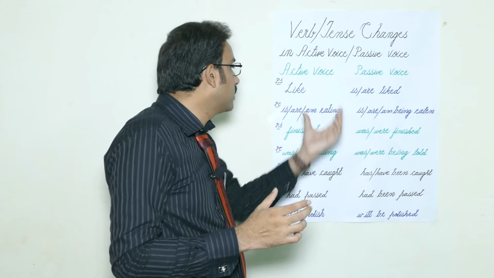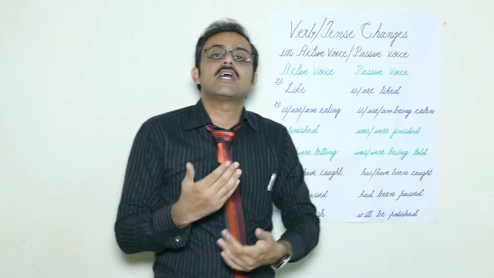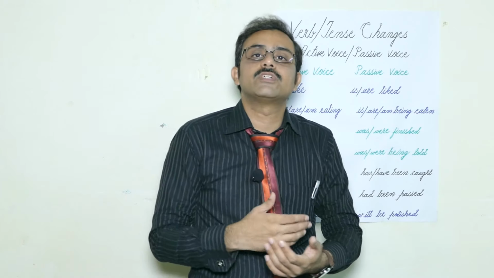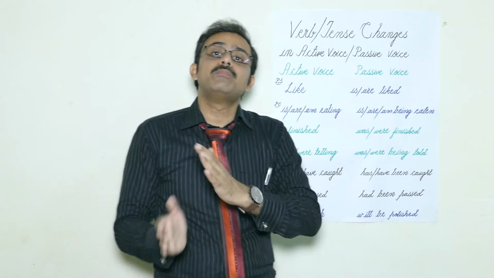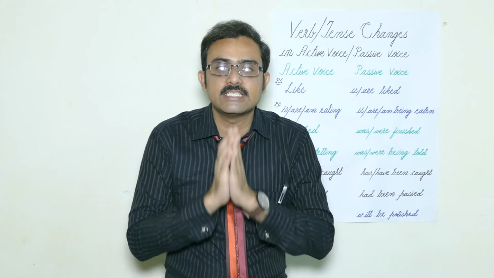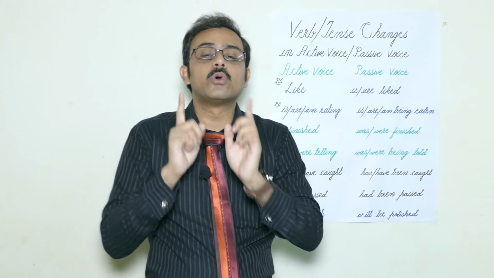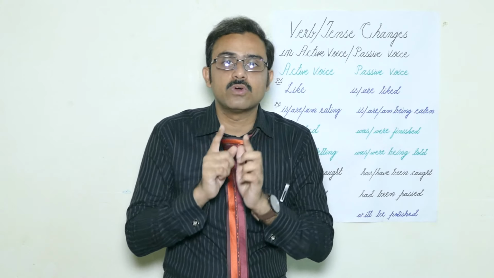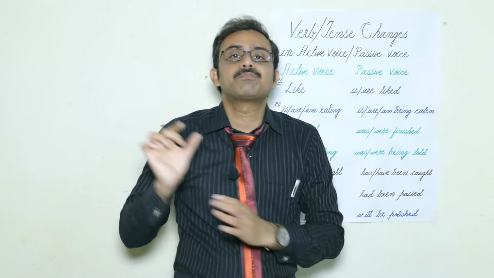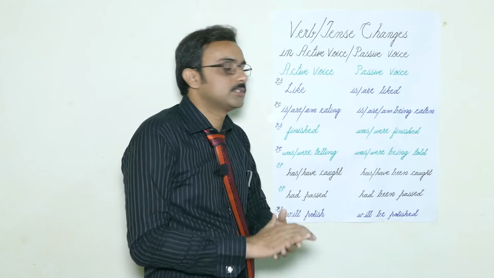In active voice we have different main verbs, like we have present tense verb, present continuous verb, means present participle, and past tense, second form of verb. But in passive voice, we always use only third form of verb, means past participle. Got that? Don't forget this point. Don't forget my words that in passive voice we always use past participle, means third form of verb. Okay, now look at the verb change.